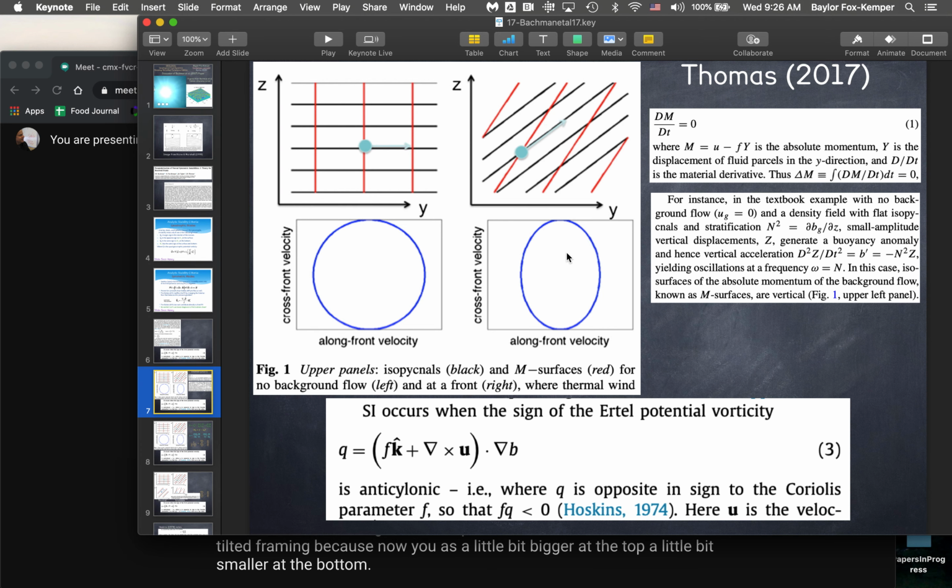So as you oscillate back and forth, the cross-front velocity still goes over the same range that it would have gone before, but the along-front velocity is not as big as it was before. It doesn't visit the same range because it's in a vertical shear as it's going back and forth here. If you displace this little blue dot up and down instead, it would oscillate up and down in just a normal